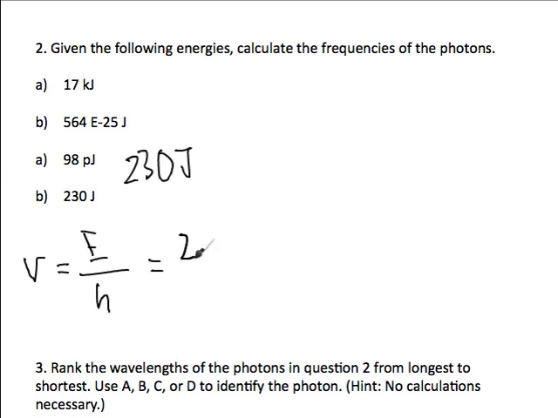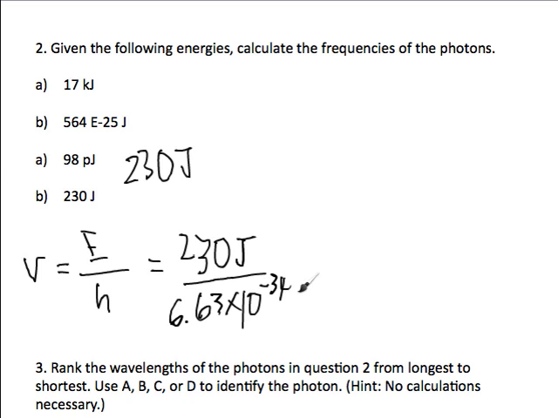So we have 230 joules divided by 6.63 times 10 to the minus 34 joules times second. The joules cross out,